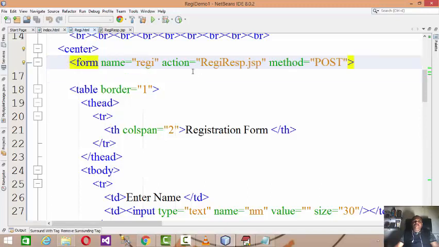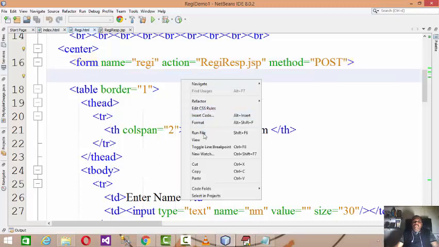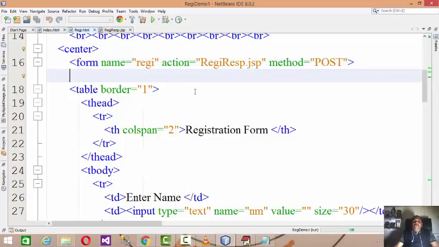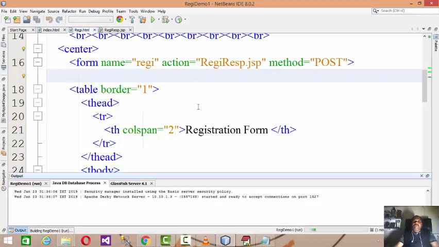Form name equals regi, action equals regi response.jsp, method equals post, right? So let me run this firstly, to design the form like this. It will take some time to run.